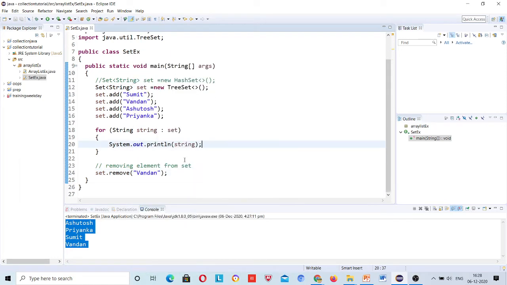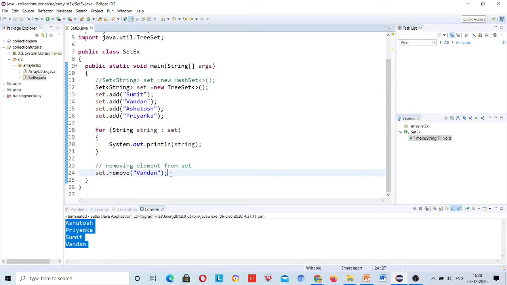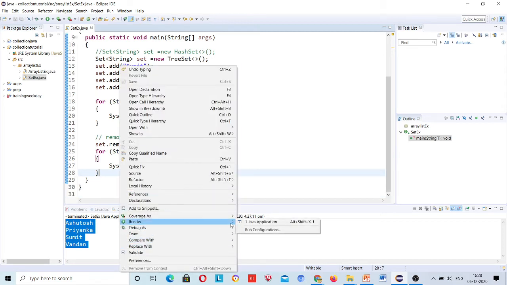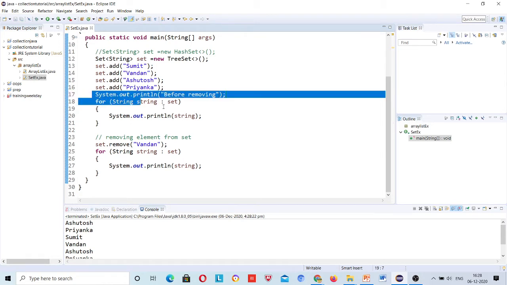Now let's print the same set after this. I need to give a message before removing, and this one is after removing.